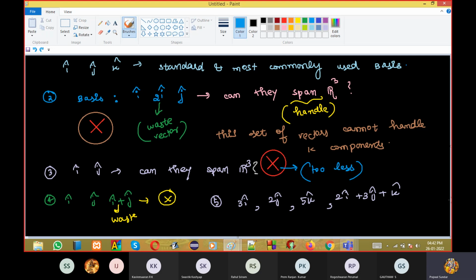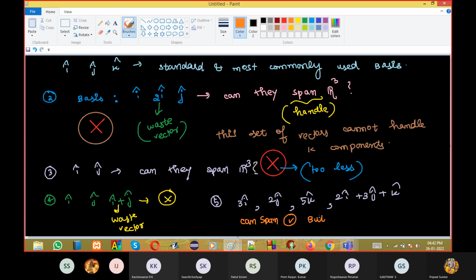Think. Can they span? Yeah, they can, but we still have a waste vector here. The third and fourth one. Very good. This is the answer expected. Yes, very good. They can span,